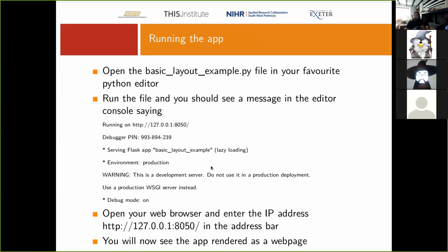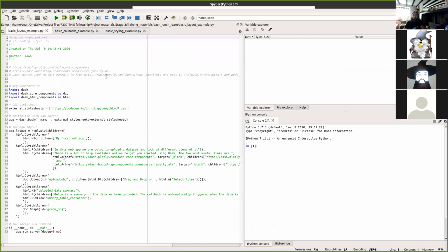So if you'd like to open the basic layout example .py file, and if I get mine open, there we are. So in our basic layout example file, we can see at the top, we've got our importing our dependencies, which